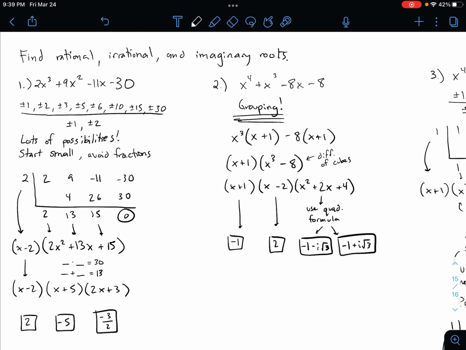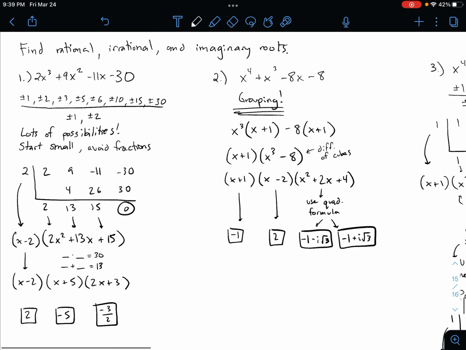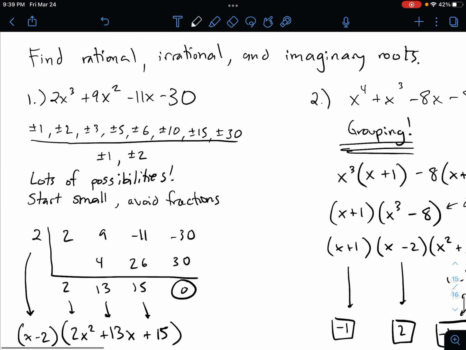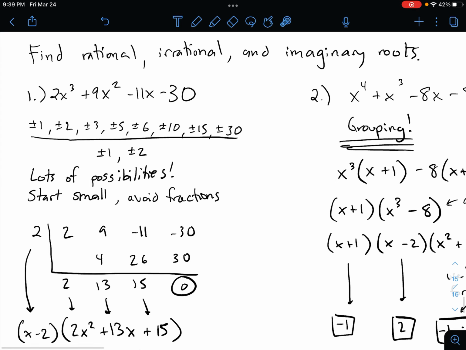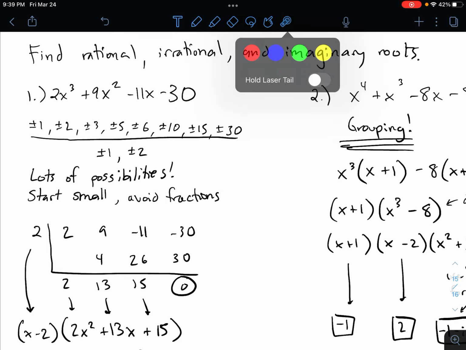Okay, so for the first problem here, hopefully you wrote this down, hopefully you've written all of them down in your notebook. For the first one, I went ahead and did this one, and in this problem there are a lot of possibilities, as you can see here, right? Lots of possible options because of this negative 30. So with